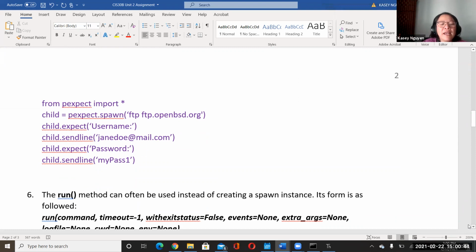Then the next line after that would be child.sendline, janedoe@mail.com. So we're going to submit that username through sendline. And then after that, we would expect password, and we're going to stream in my pass1 for the password.